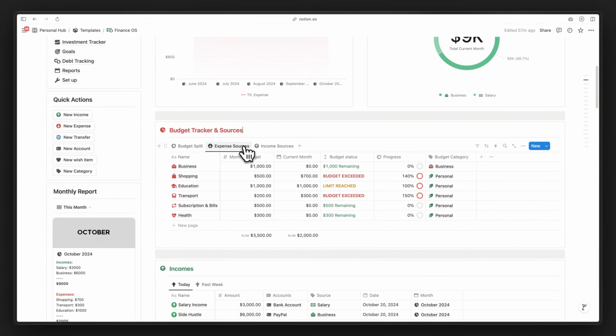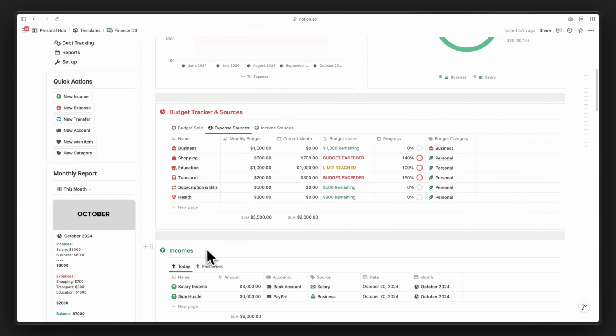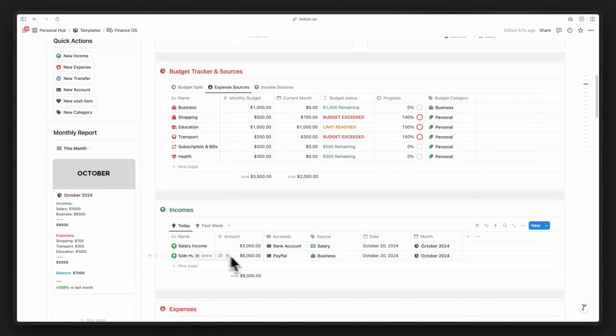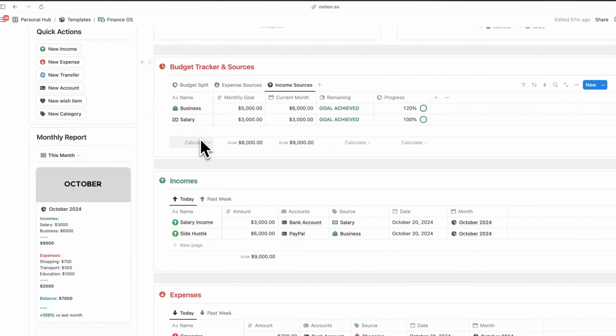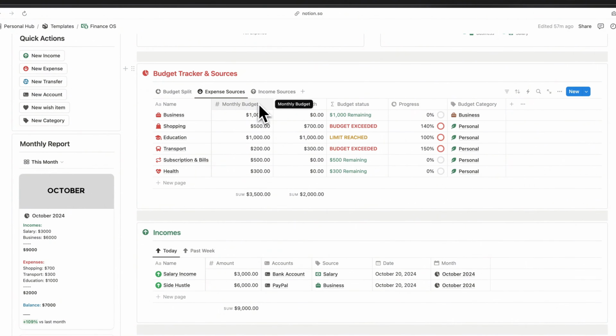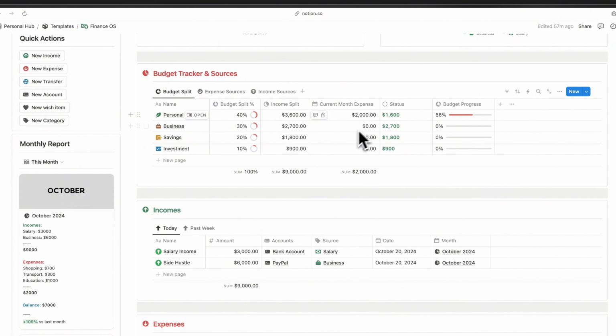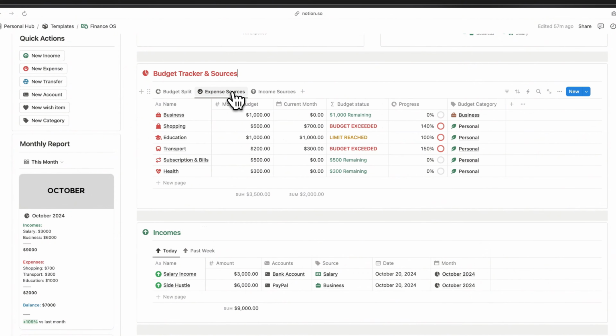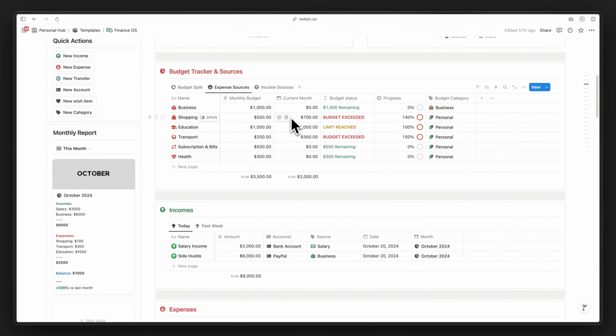Now expense and income sources are basically sources that categorize your expenses and incomes, right? So once you create an income, you can connect that income to a particular source. So here we have two sources here, business and salary. You can add the monthly goal for your income sources, and you have monthly budget for your expense sources. So these are separate from the budgeting split on the budgeting tracker, and each expense source has its own individual budget as well that will automatically update every month, and you do not need to do